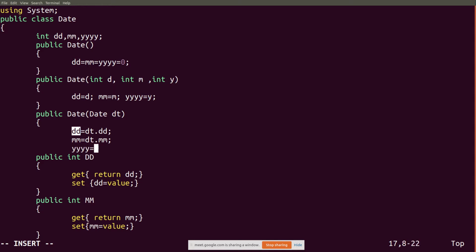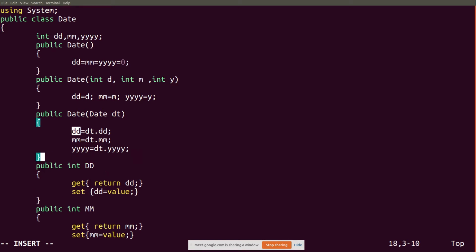Whatever is the value of dt.yyyy, assign it to year. That's it. So now what you have done, you pass an object, whatever are the values of this object, that will be copied to your current object. So it will not be creating two references, instead it will be creating two copies of the values itself.